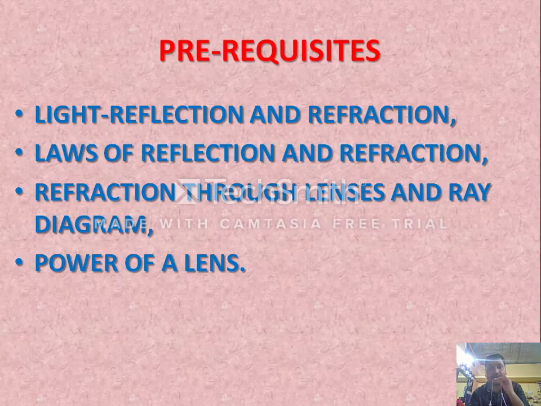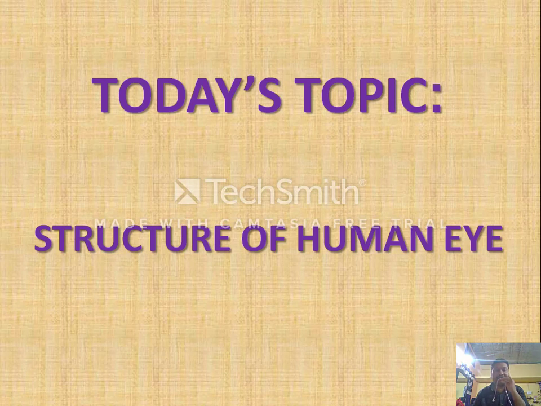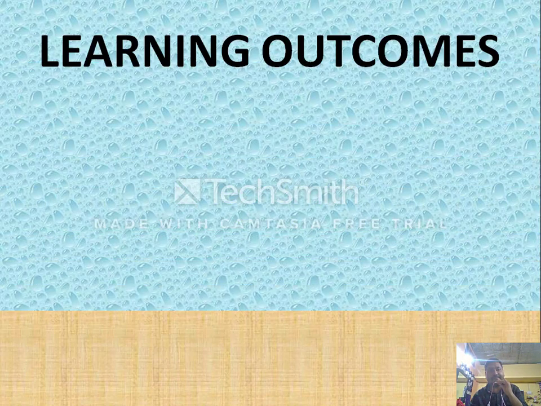Okay. So I have divided this chapter into some topics and subtopics. Of them, I will study only one. This topic is the structure of the human eye. For the time being, our study will be confined only to the structure of the human eye. So in this part, we'll learn the different components of the human eye and their functions.